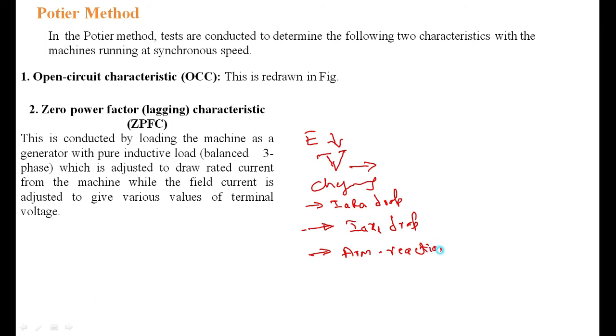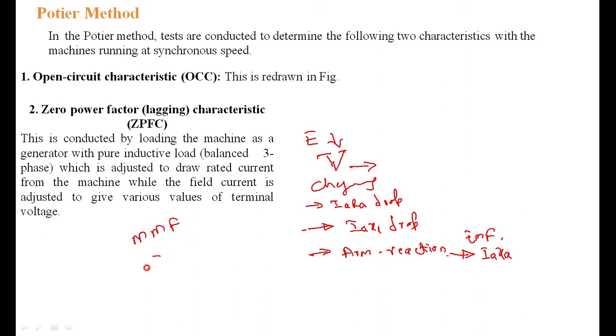In the case of the synchronous impedance method, the synchronous reaction is treated as one more voltage drop equivalent to IAXA, where XA is added to XL, then it becomes XS. Means the armature reaction in the case of EMF method is treated as one more drop. However, in the case of